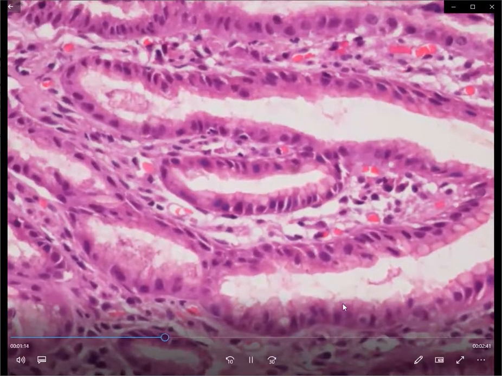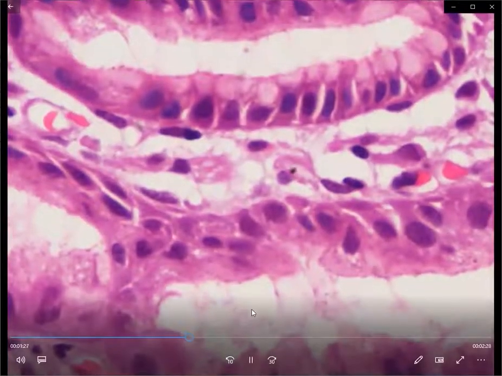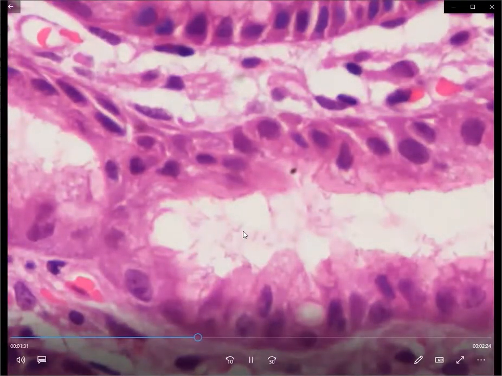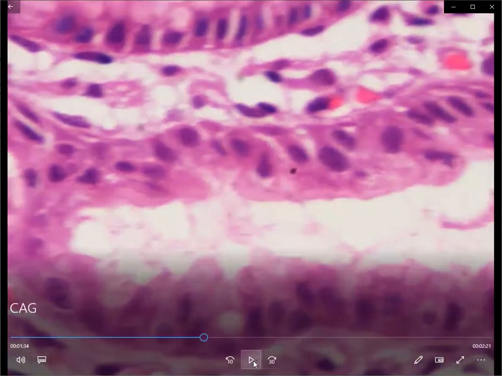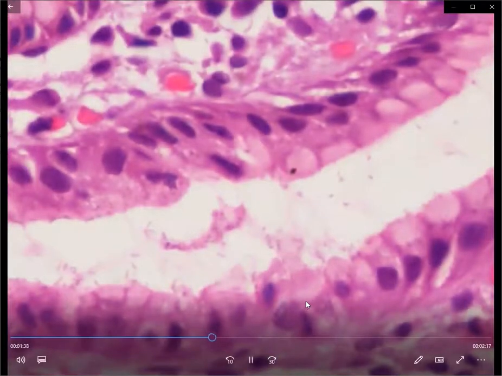So when we discuss the crypt epithelium, we are going to look for a bacillus called H. pylori, usually seen within the crypts as rod-shaped bacilli. These are the structures that were visible within the crypts. We really had to look hard on high power to find them. They are seen as elongated rod-shaped bacilli, numerous of them, within the crypts.